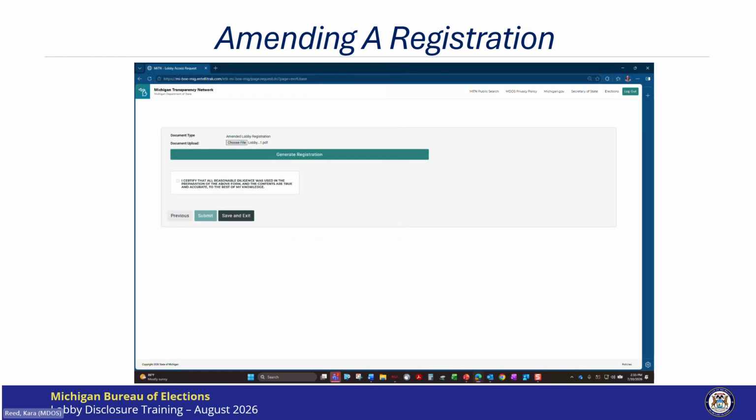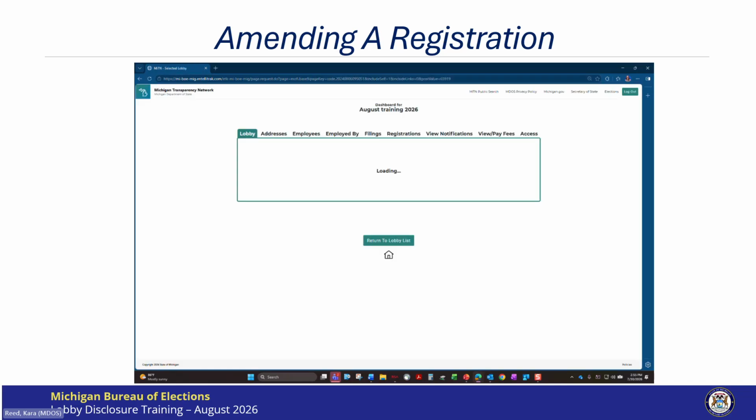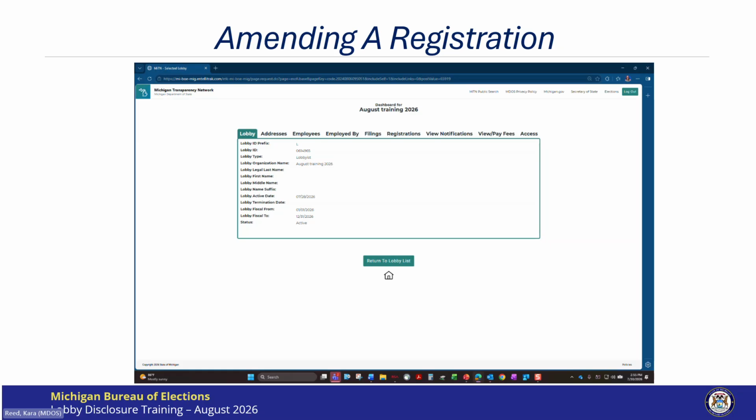But let's say the registrant was not available when a data entry user added the amendment, or I'm a registrant and I am not able to complete the registration submission. So I will click Save and Exit. You see I'm brought back to my dashboard.